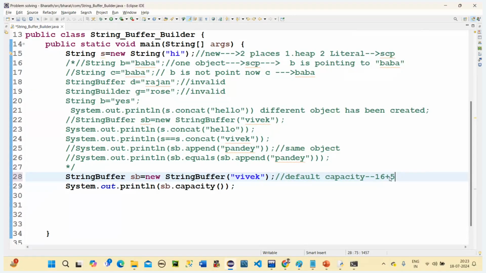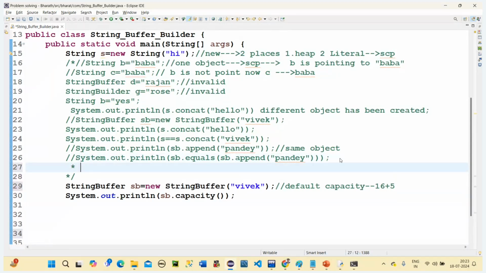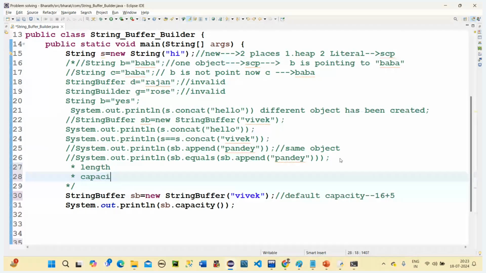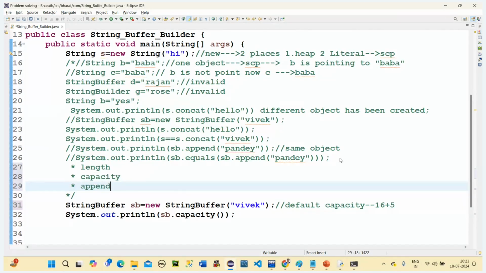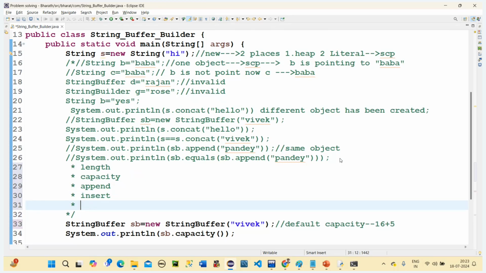In the same way, we have so many different methods. Like we have something called insert, and we have charAt. These are some of the methods. I'll just write down a few method names here. Length you already know, capacity I already discussed. Append, we have insert, we have reverse,